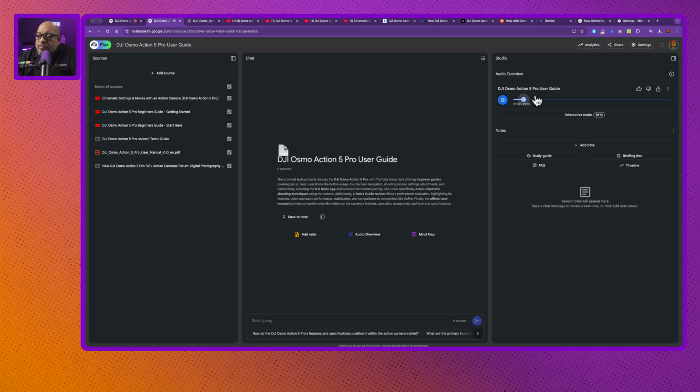Yeah, exactly. So one thing that jumped out at me right away, right off the bat, in that Tom's Guide review, they say the Osmo Action 5 Pro is difficult to fault if 4K is all you need. Right. Bold statement. And they even point out it's $50 cheaper than a GoPro Hero 13 Black. Okay, so you hear that. That part is cool. But you got questions. You're like, hold up,